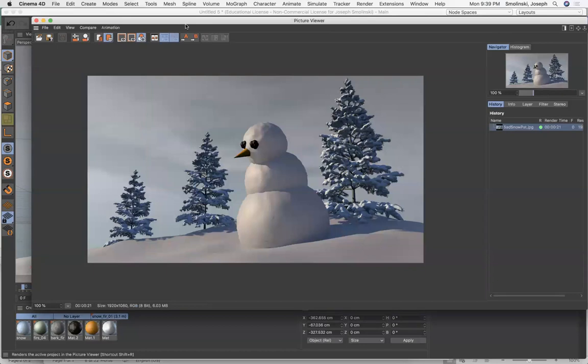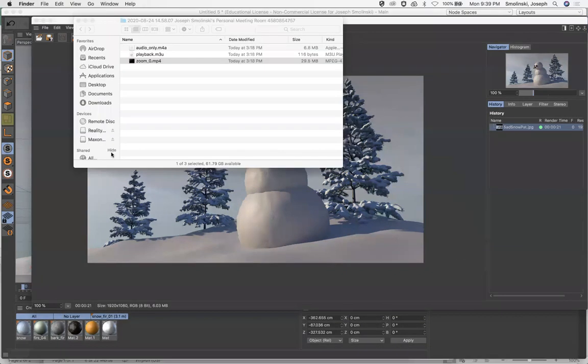When you're working, you can also render to the picture viewer. And if you do want to save it, you can always go up to File and Save Image As. That's another way to do it too. But just note, if you've got it set up in the render settings with a path, it will automatically save. So just to clarify, go to Finder and Documents,